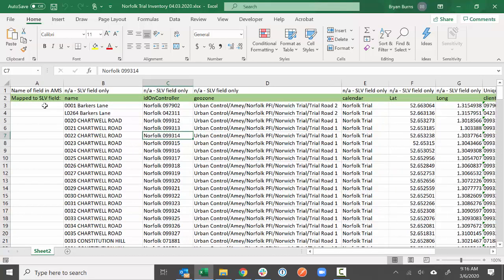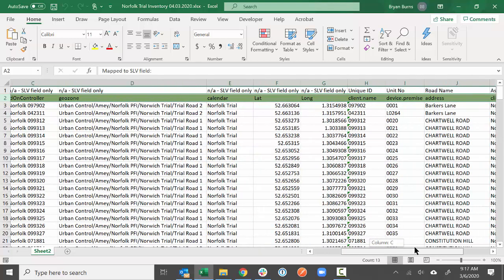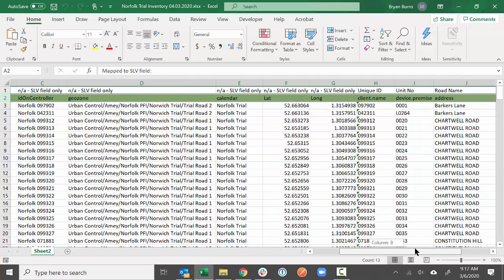So 9 times out of 10, it's not going to come this pretty. The way that VTech sets it up is this is the field that he wants to see, or the field from the asset management system, as well as the field that it maps to inside of SLV. So this is pretty important because eventually all this stuff's got to make it to SLV. So we got to know what field they want it to target. But outside of the obvious stuff,